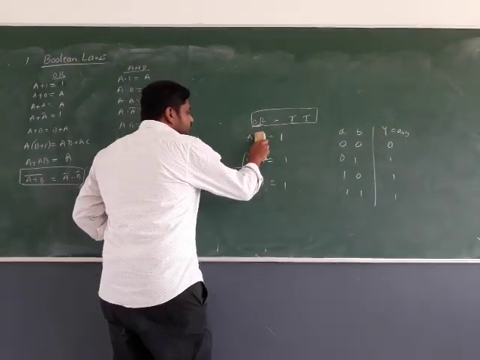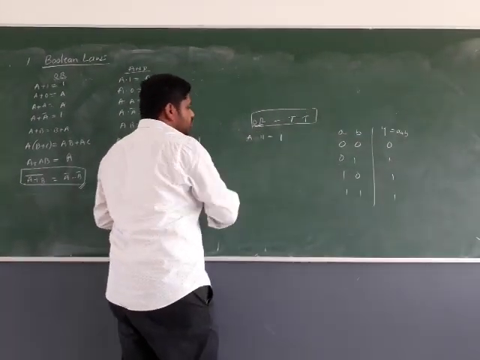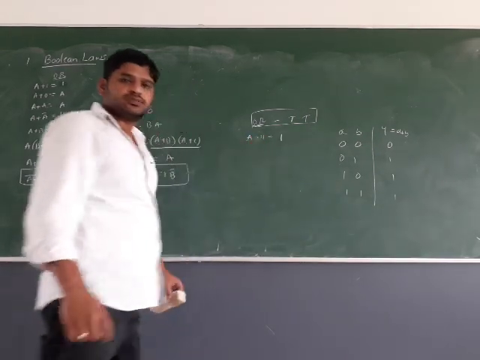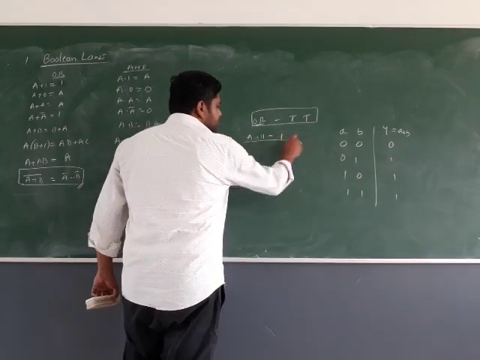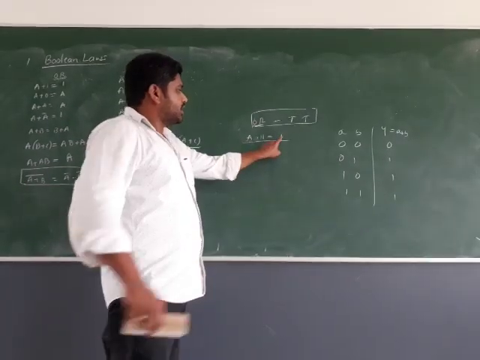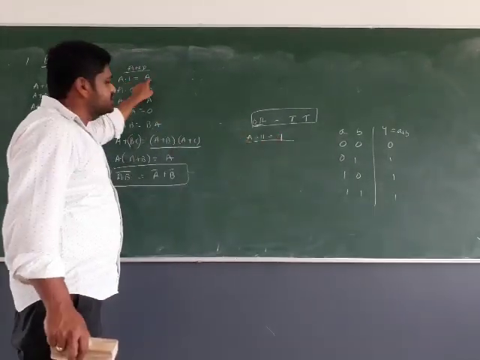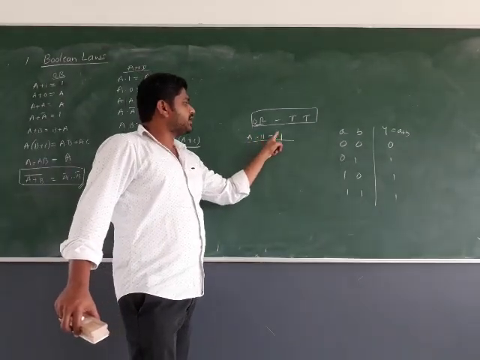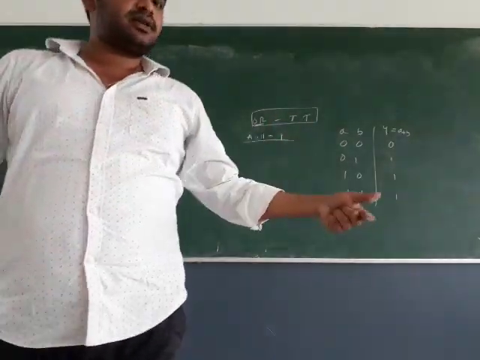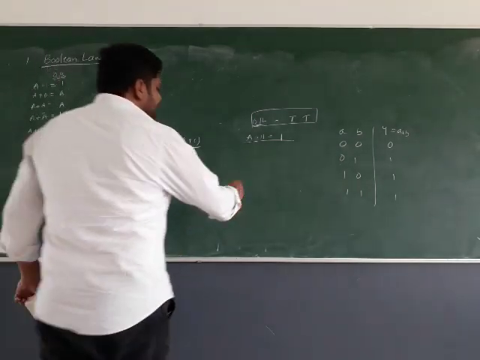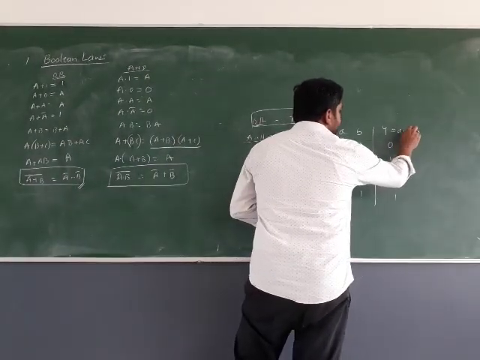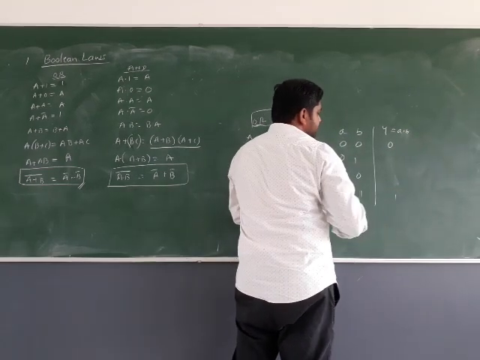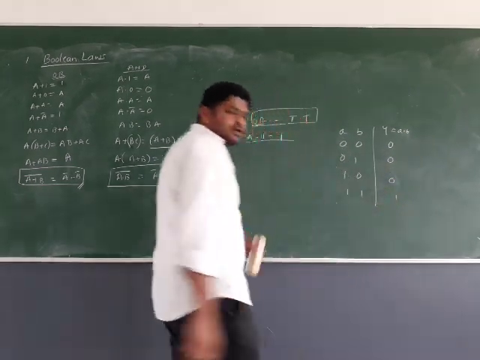But the same is not true for dot. Okay, let us prove it. Actually A dot 1 is A, but I am assuming A dot 1 as 1 and checking whether it is correct or not. Here I will change this to the dot table, that means the AND table, so in that case it will be 0, 0, 0 and 1.